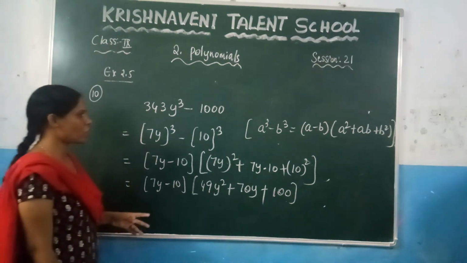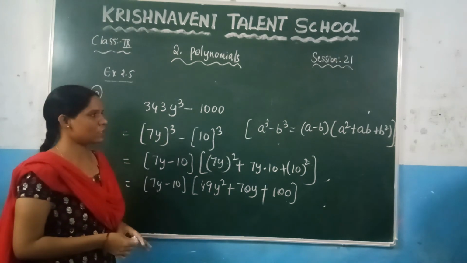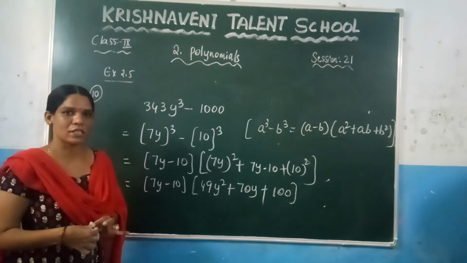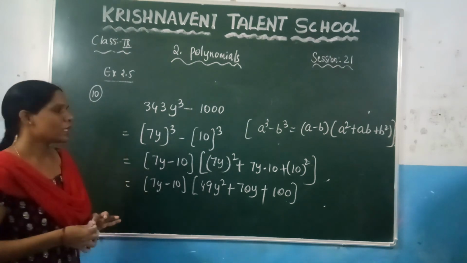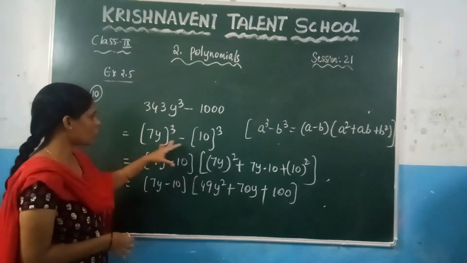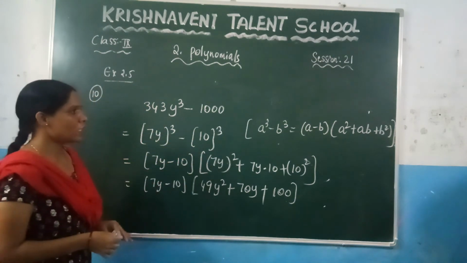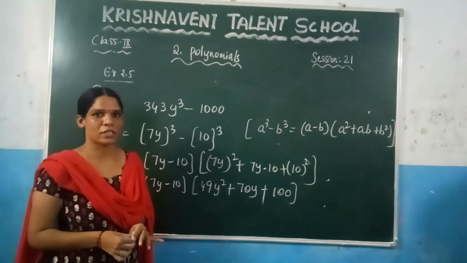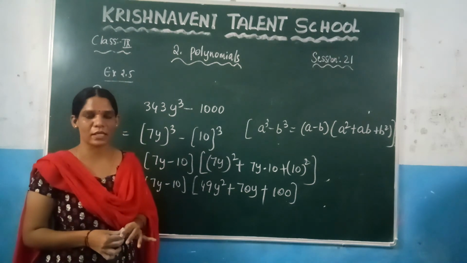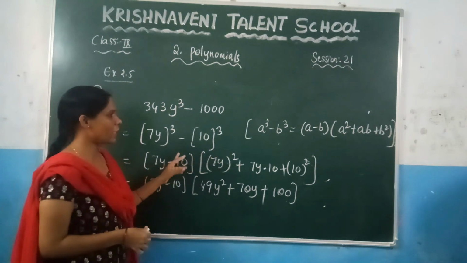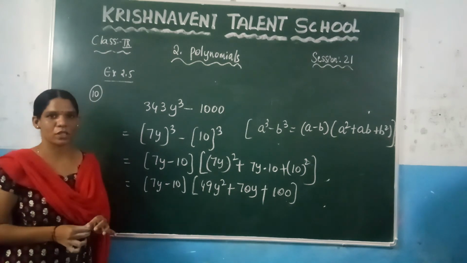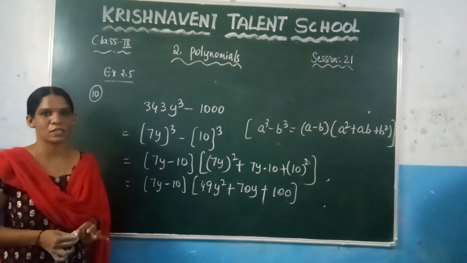So here how to solve? If you have been given any question, first you need to check which identity we need to apply so that you can change it to the form of that identity. Here it is in the form of a cube minus b cube, so we have changed it to the form of a cube minus b cube. And in the previous question only we have solved this one. A cube minus b cube is nothing but a minus b into a square plus ab plus b square. So we have applied that identity and we have solved this problem. And in the next session we are going to solve the remaining problems. This session is completed.